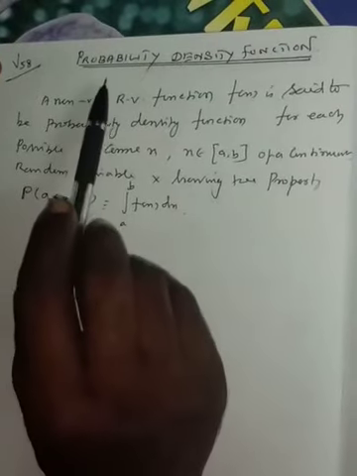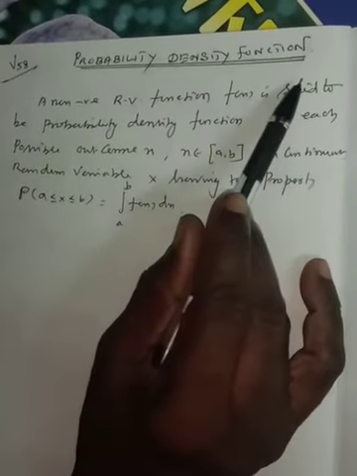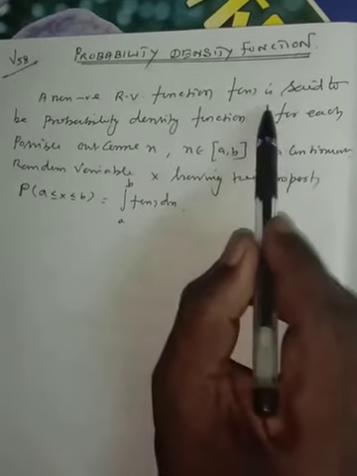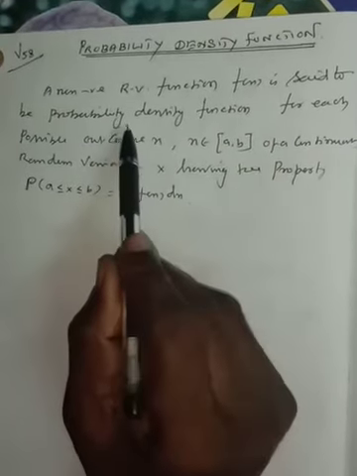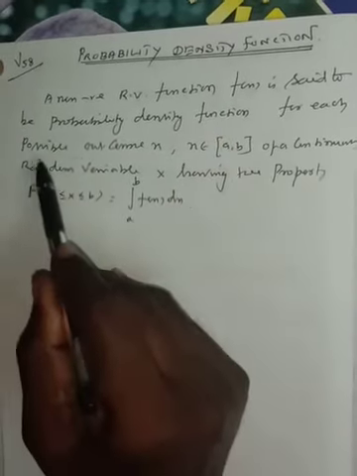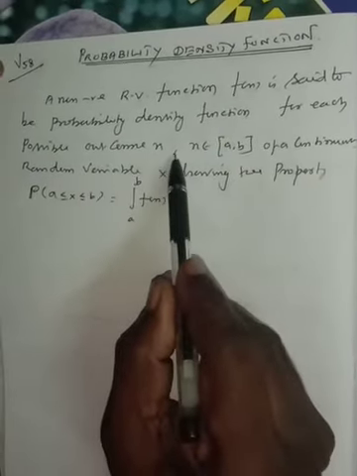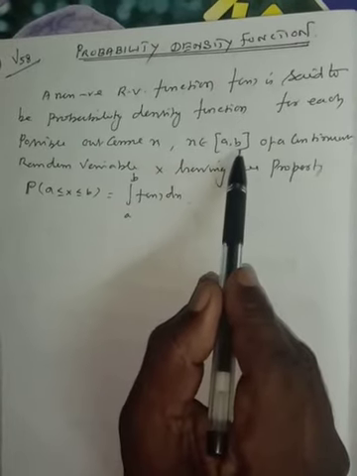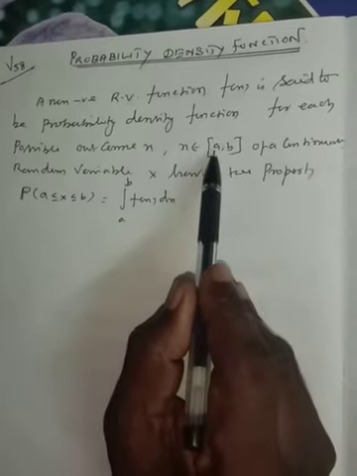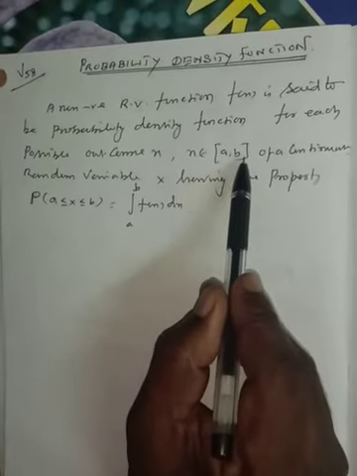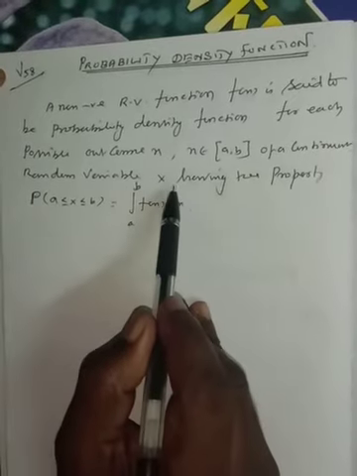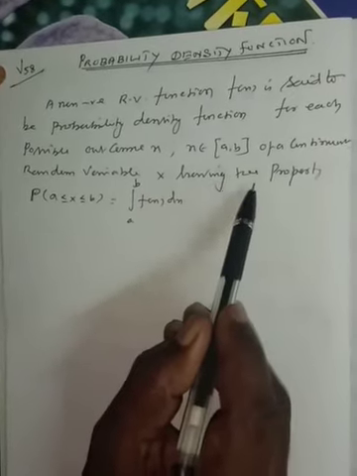Students, today's topic is probability density function. A non-negative real valued function f of x is said to be a probability density function for each possible outcome x, where x is an element of the closed interval AB, A and B being the extremities, of a continuous random variable capital X, having the property